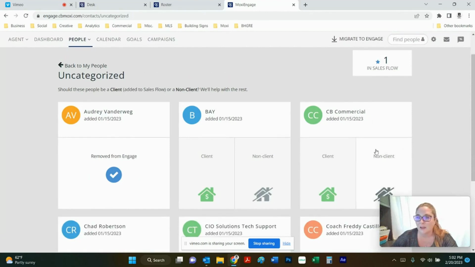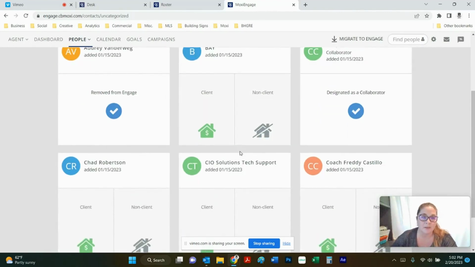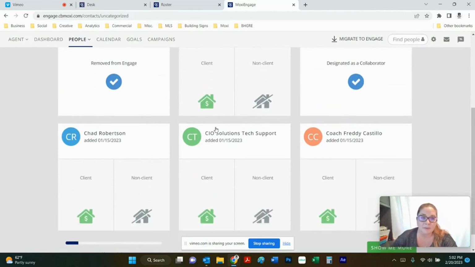This one right here is our commercial office up in Merced. This is just the front desk number. This is a non-client, but this is somebody that I would say is a collaborator. Not necessarily someone that I would want to email, but that's how you can go through and set your system up. Say you do have some people in here that are past clients,